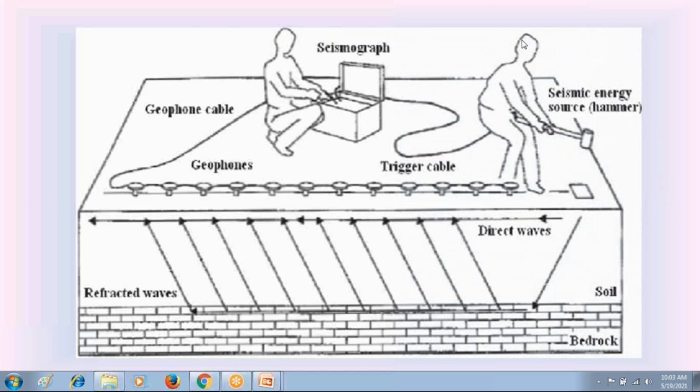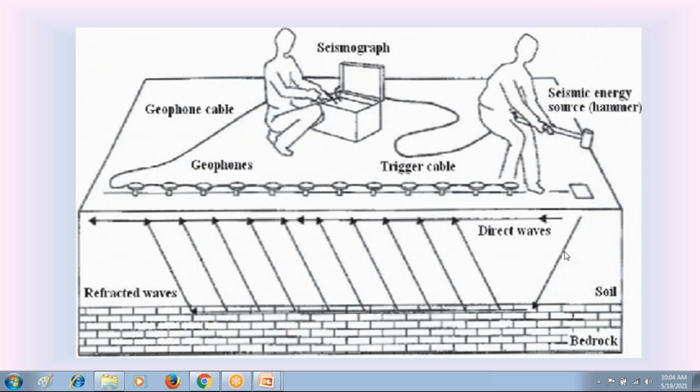Krishna. Now, observe that arrangement of this seismic refraction test. Here, this is the source. Please, everyone, follow this. This is the source, the metal plate. We hit that metal plate with a hammer. The hammer blows are applied on the metal plate. When this hammer hits the metal plate, the shock waves will generate due to that impact.